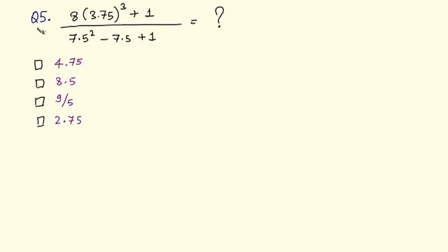Okay, now let us end this video with a quite trickier question. Let's solve this. So if you take the cube of this number and do all of these operations, you will find it very difficult. So let's make it simple. So 8 is the cube of 2. So I can write 2 cube into 3.75 cube plus I can write 1 as 1 cube upon we have